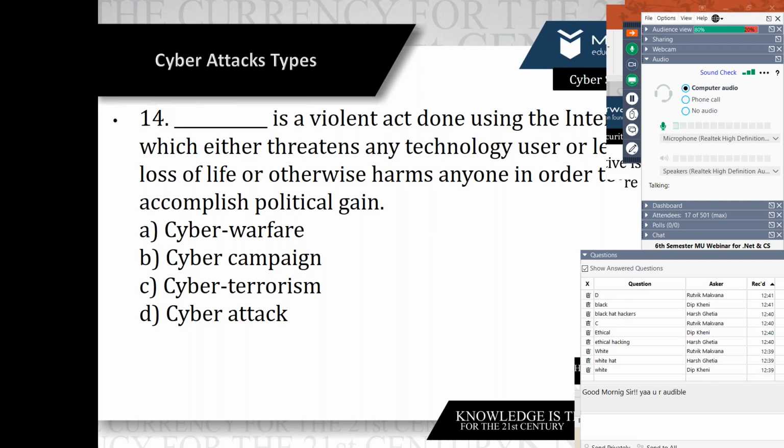The answer is cyber terrorism. The answer is C. So now if you have any doubt or any topic you want to revise, put a comment in the chat box.